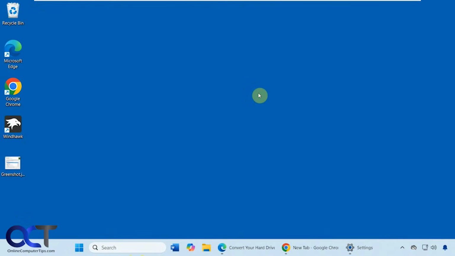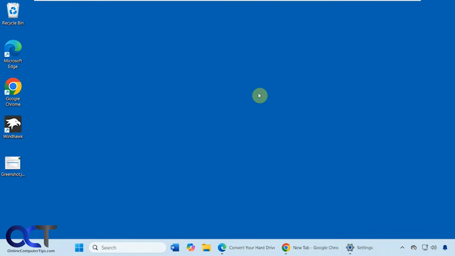Hi, in this video we're going to be talking about a free screenshot capture tool you could use. If you are a fan of the Windows Snipping Tool but want something that has a few extra features, you might want to check this out. It's called Greenshot, and it's free and open source. There is a Mac version, but it's $2, I believe. They just charge $2 to help cover the costs for developing it for Mac, but the Windows version is